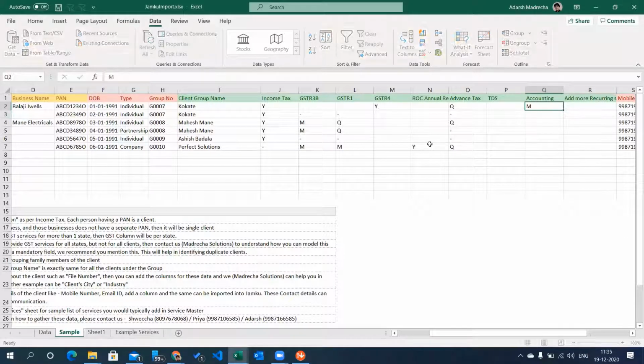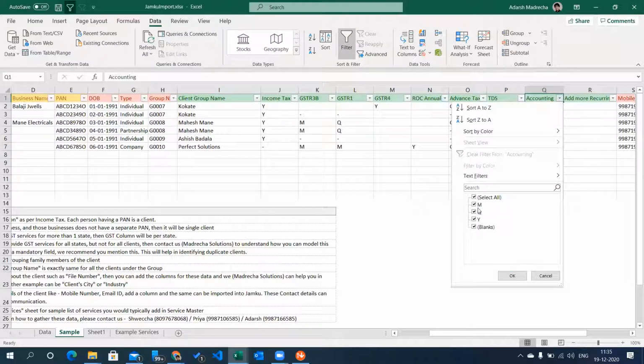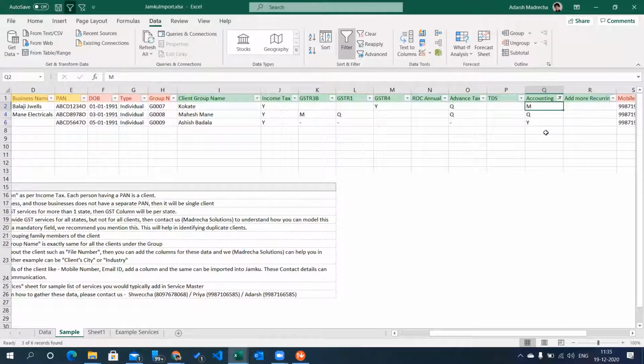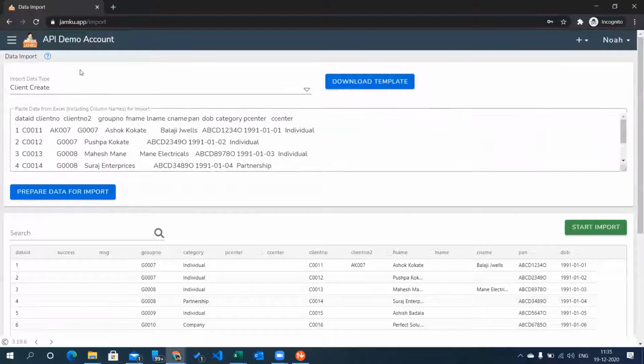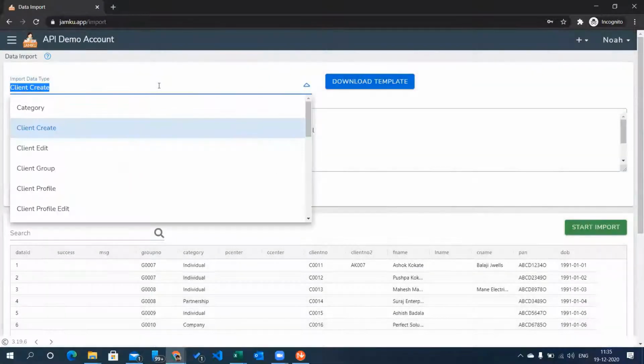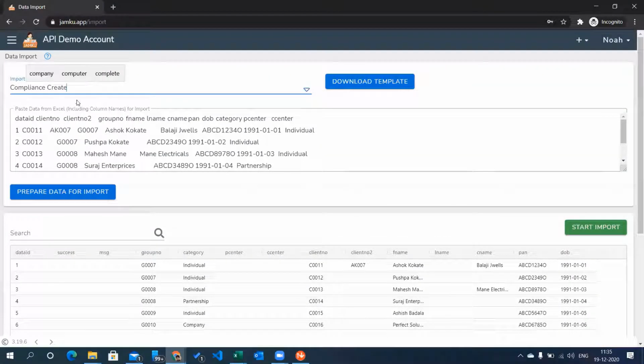Let's mention that for this client we do monthly accounting, for another client we do quarterly accounting, and for another client we do yearly accounting, and for other clients we don't do accounting, hence I have mentioned it as blank. Now let us filter those clients where we do accounting. So I will just filter out blanks and click OK.